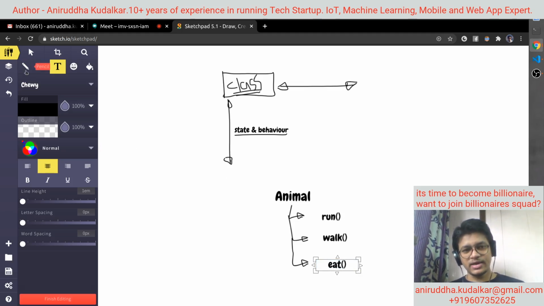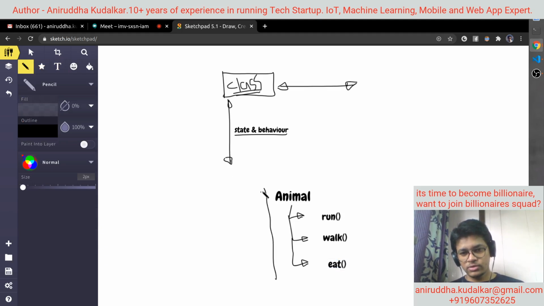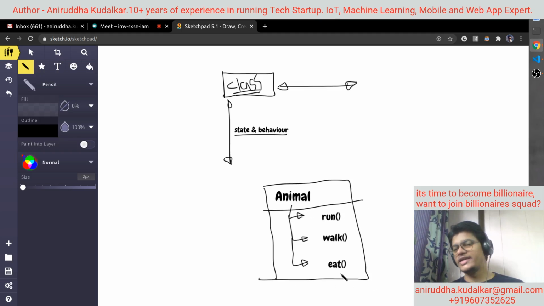This is my animal class, which is composed of run, walk, eat methods, and some state would be there, like legs, tail, ears, eyes, something like that. Okay, run, walk, and eat.